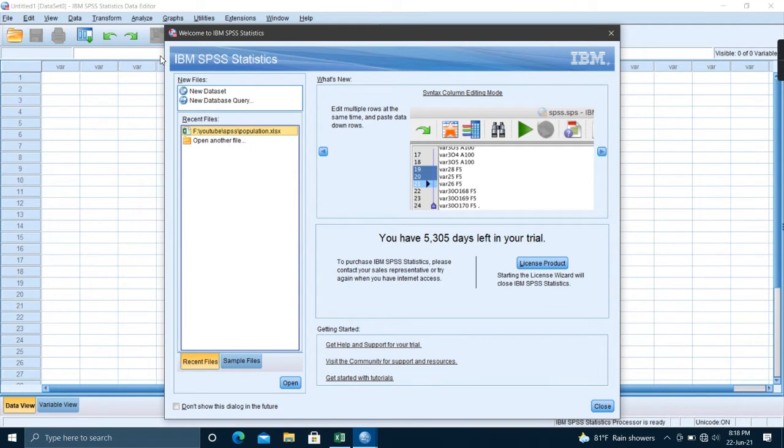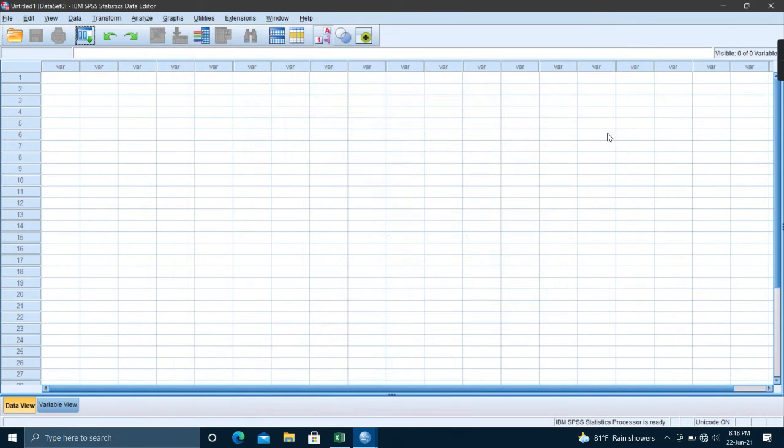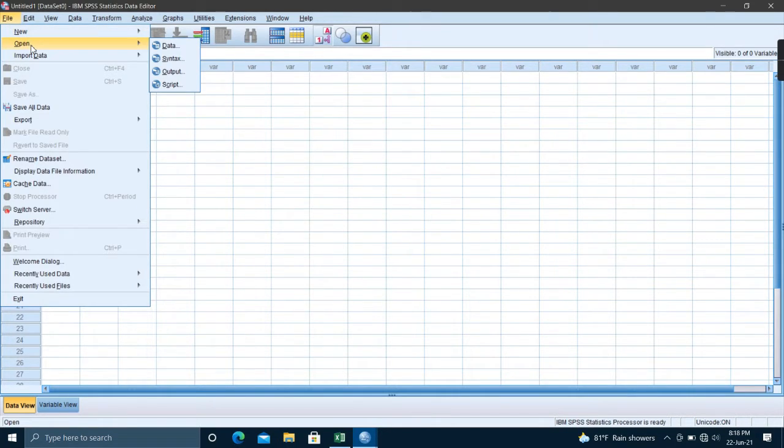Here this is the SPSS software. In the beginning you can see these two pages. The first one I'm going to close, and this is our worksheet. First we need to add our dataset to this SPSS software. Here go to File, then Open. Here you can see Data,